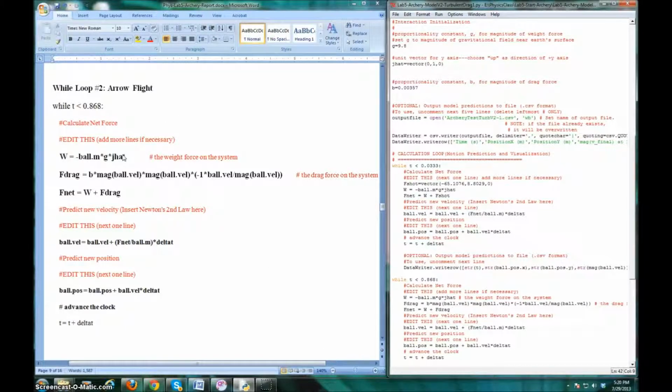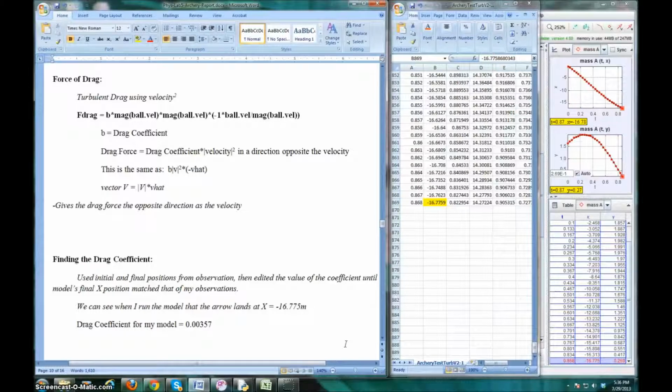Our second while loop is the flight of the arrow for the remainder of the time. We have the weight force, but we also added the drag force now to the flight, and we add those together to get the net force. Again, we use Newton's second law to predict the velocities and the position of the arrow. I used turbulent drag in my experiment, and we can see the assignment statement here, where b is the drag coefficient, and this part at the end is really just negative v hat,